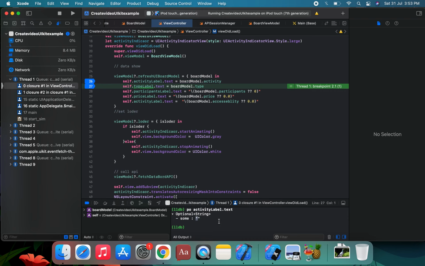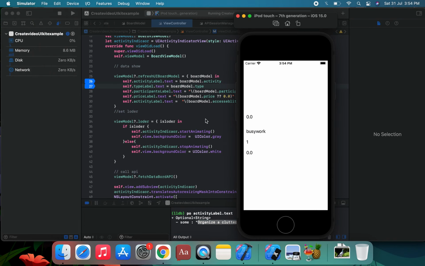We can print this element. The text says organize a cluttered drawer, and we run the next element, organize a cluttered drawer, which is not shown in the UI.